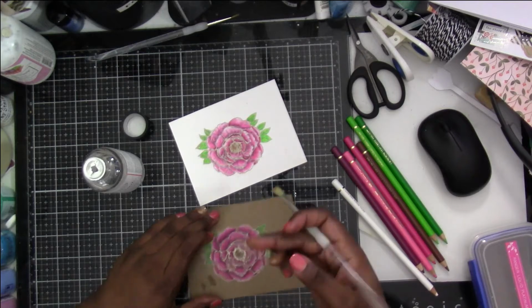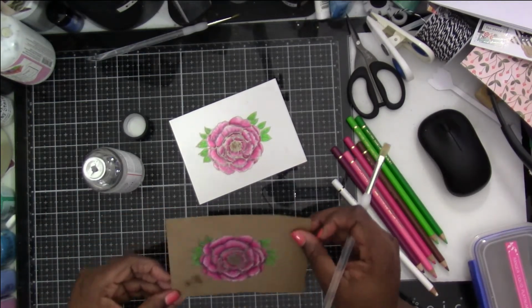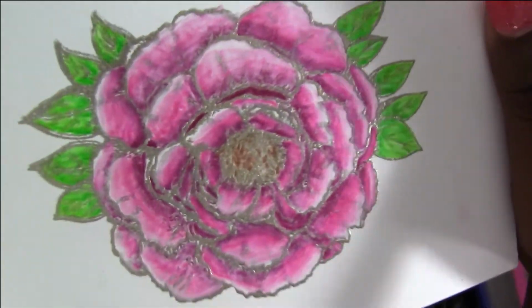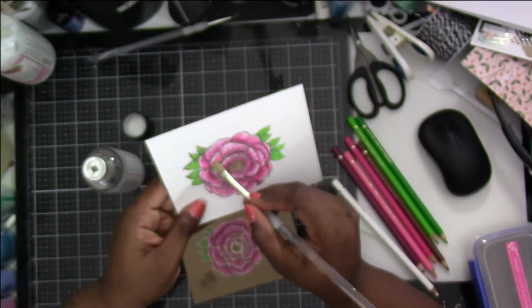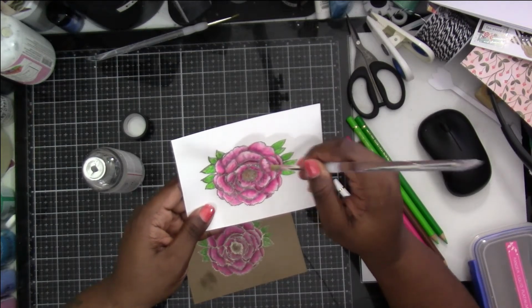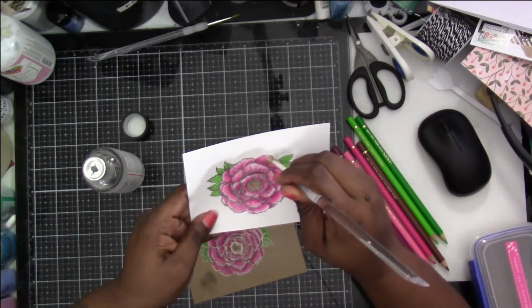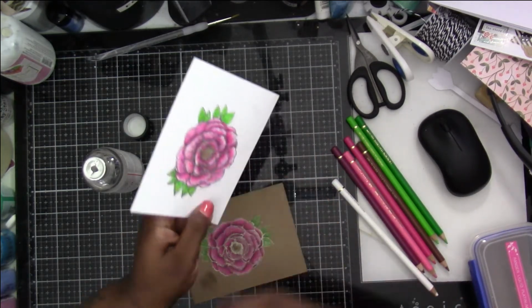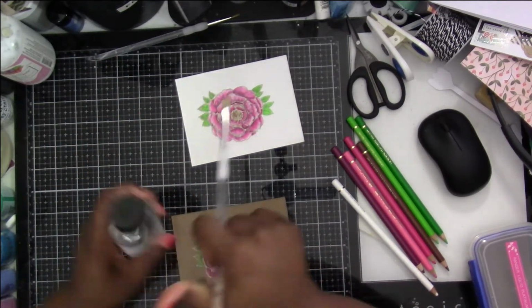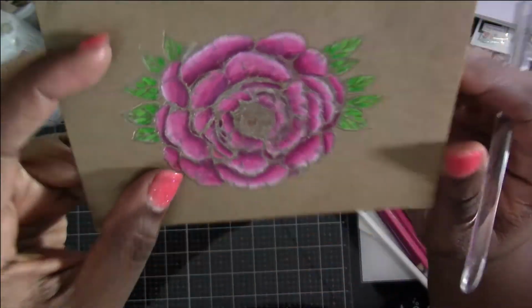And then we're just blending in, doing the same thing on both the brown and the white cardstock. I didn't mean for it to come through on the craft paper, but of course it did. I forgot the craft paper I was using wasn't super thick, so it's easy for that Gamsol to come through, which is why you can see a little discoloration on the bottom there. It's coming from behind when I was playing with the Gamsol. So you can see